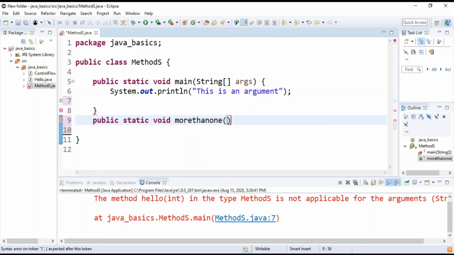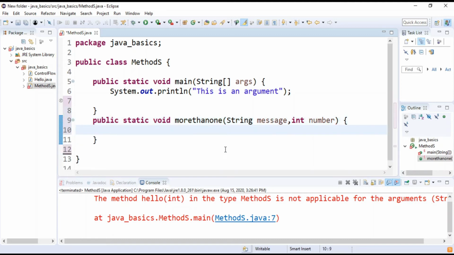Here in the arguments, let us pass a string message and an int, let's say number. So this is our method public static void moreThanOne(String message, int number). Now this method accepts more than one argument.